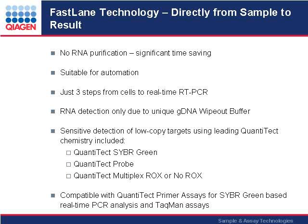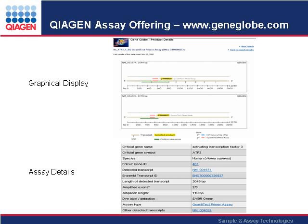And these can also be combined with ready-to-use gene expression assays, for example for SYBR Green-based analysis, which I'm going to introduce on the next 2 slides. We offer them on our website, or if you would like to take a shortcut, go directly to geneglobe.com. Ready-to-use real-time PCR assays for SYBR Green analysis for all transcripts